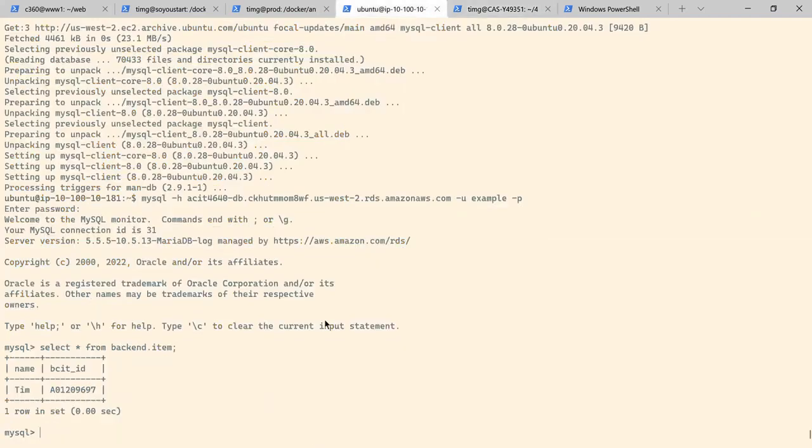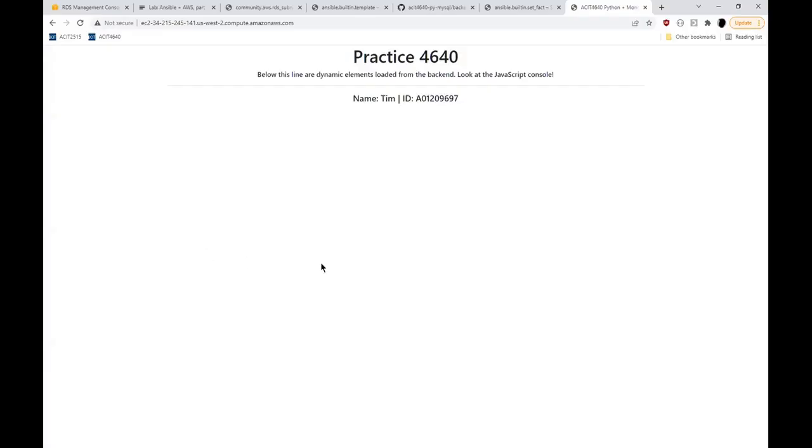I also opened an SSH connection to the machine and ran a select statement on MySQL. So you can see here that I'm connected to MySQL, the MySQL cluster, the RDS instance. And when I do my select statement, I do see my entries in the database. And when I load the website from my browser, you can see that I have the name that is displayed here, which means that the playbook